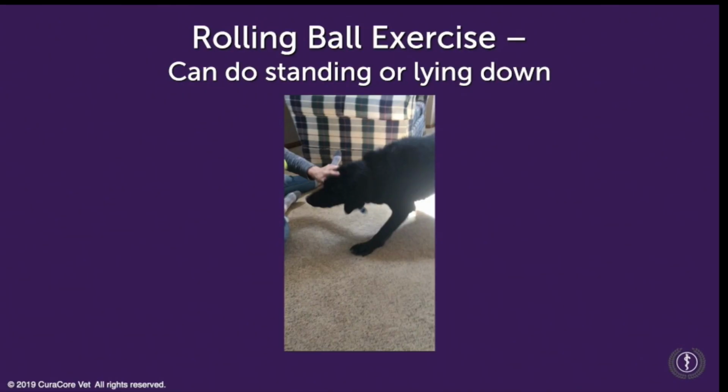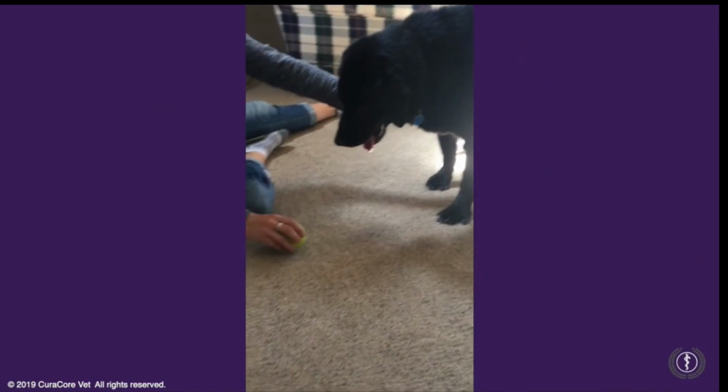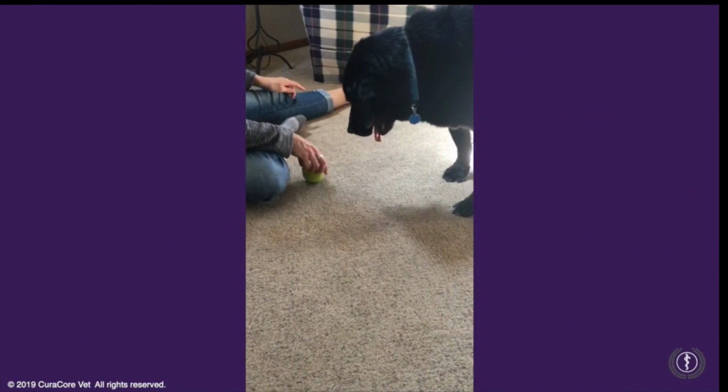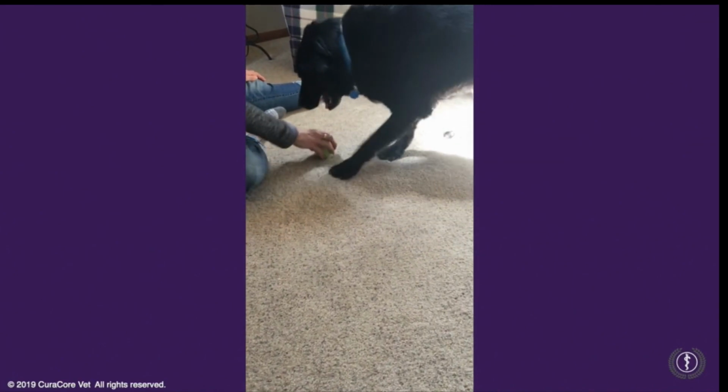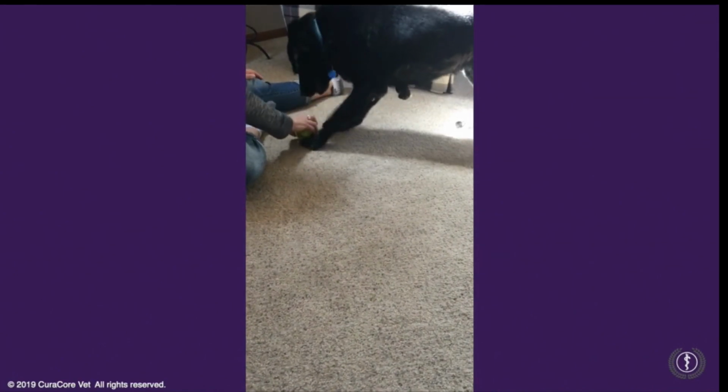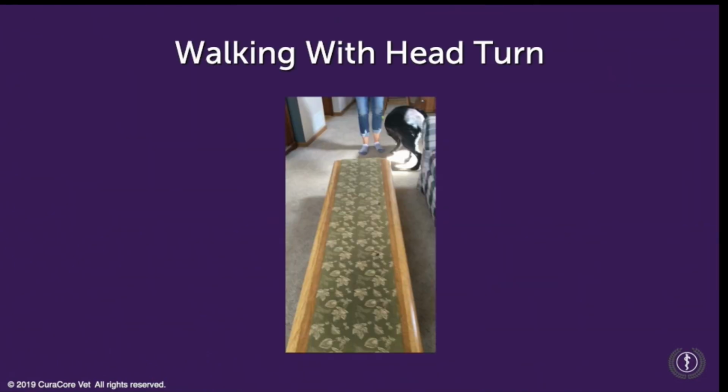He also has significant arthritis in his front feet, so he can't sit for very long without getting a bit uncomfortable. Then I did another exercise with him, rolling a ball, and you can do this with the dog lying down, but this is just making him turn his head to the right. And we're also doing a little kind of sidestepping activity with that. And as he got progressively better, what we did in this video is put some treats along the coffee table, so he had to turn his head to the right to get them.